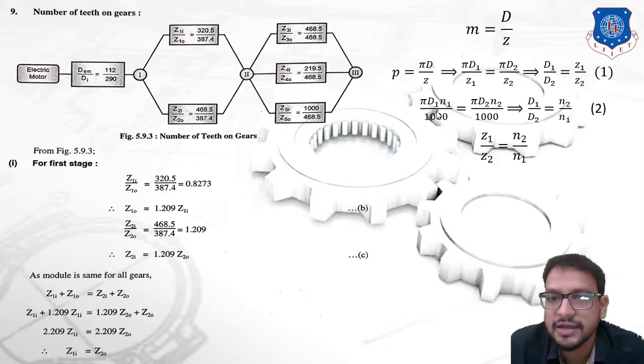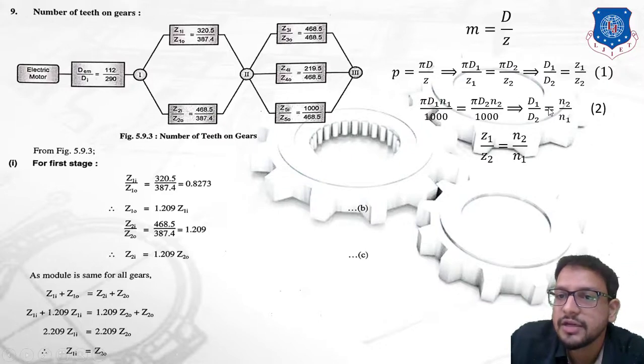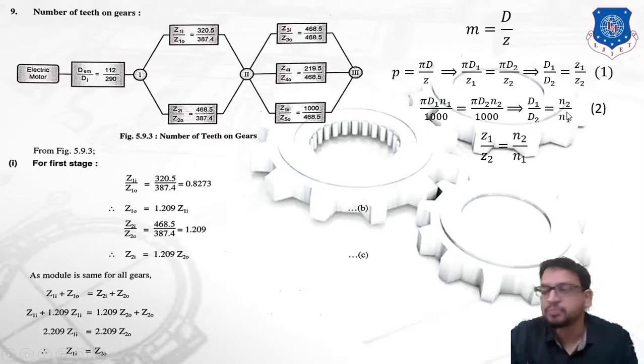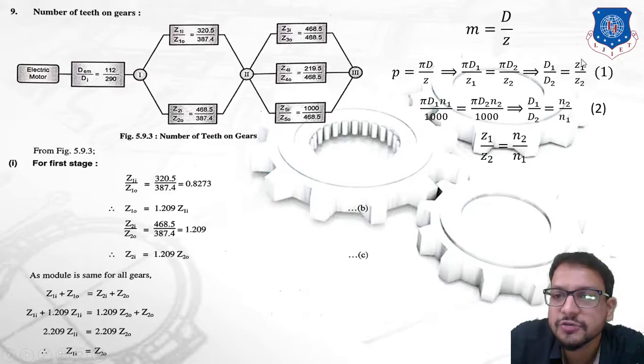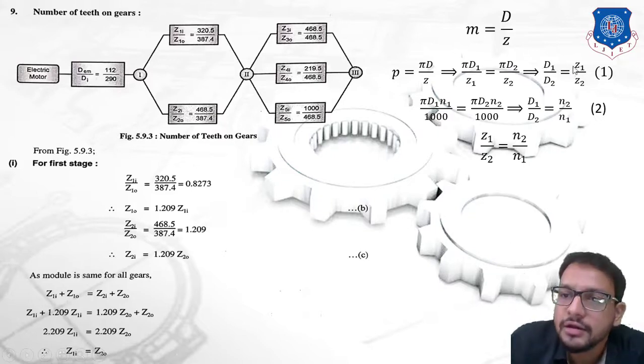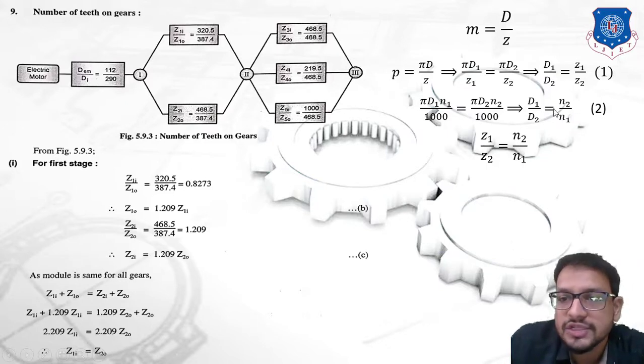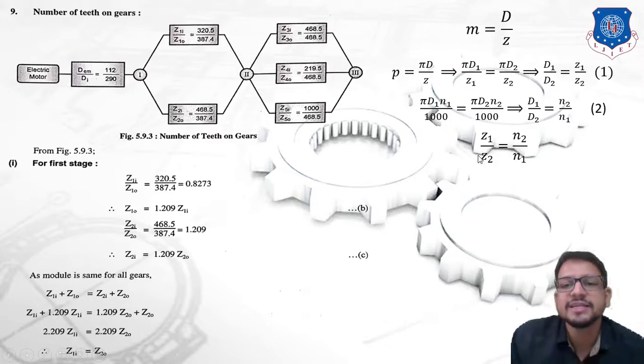Okay, we are considering that there is no slip, since we know that gear drives are positive drives. So it is going to remain equal. From this equation, can I say that it becomes d1 by d2 is equal to n2 by n1, right? The first equation gives a relation between the diameter of a gear and the number of teeth, and the second relation gives the relation between the diameter and the rpm. From these two equations, can I say that z1 by z2 is equal to n2 by n1, right?